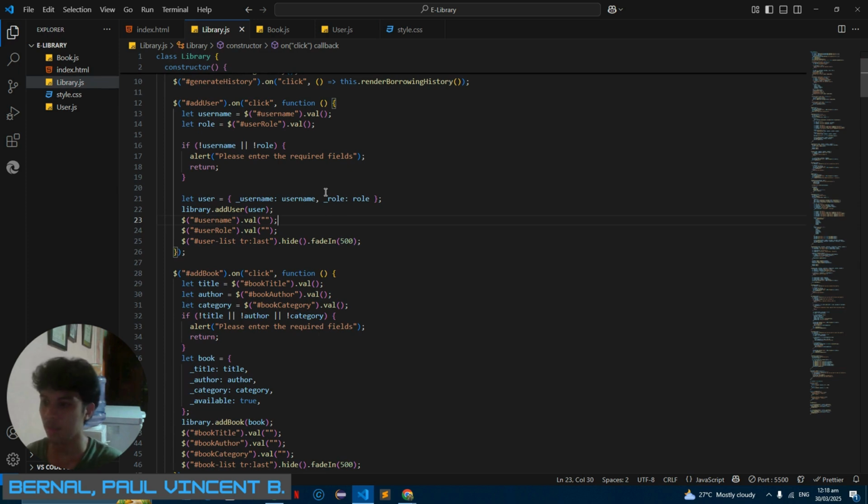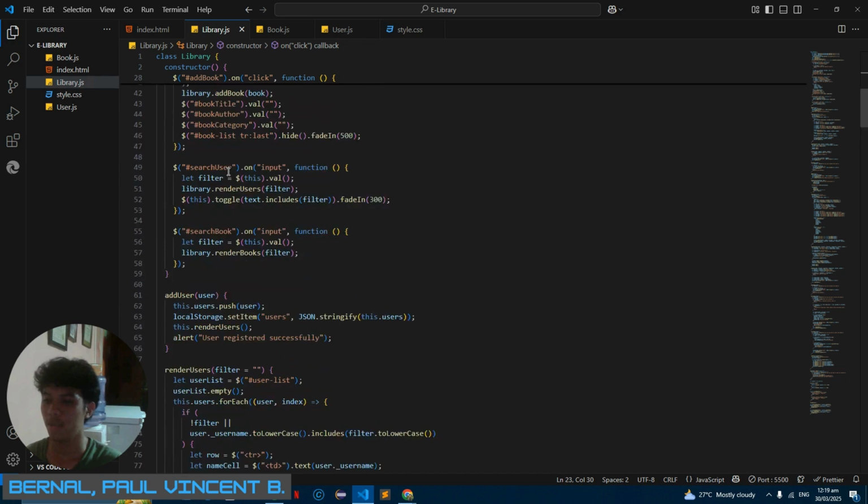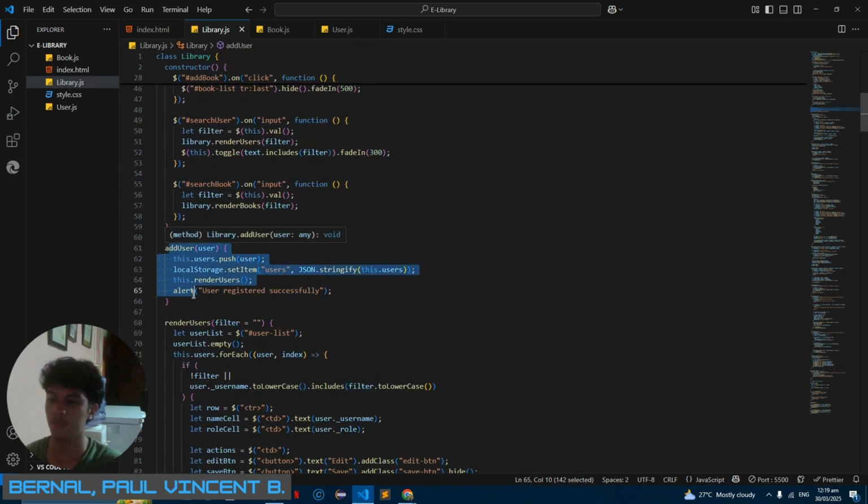There's another function for the add user. In this function, if the user inputs a valid value in our field, this dot users dot push user. We use a push method, and we also implement the local storage.